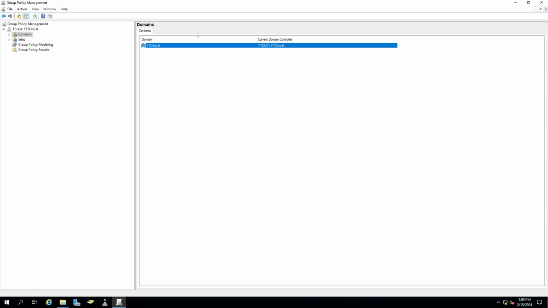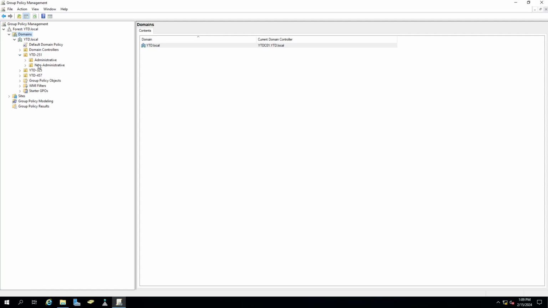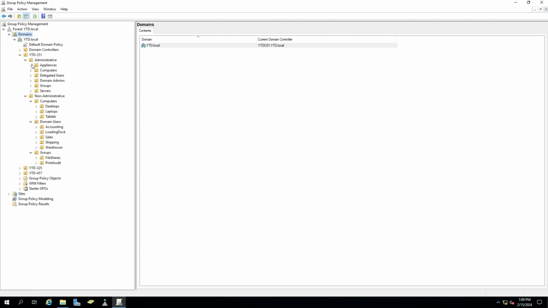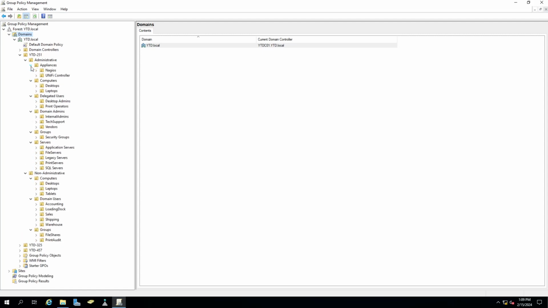And we're going to expand the domains, the ytd.local, which is our domain, and then the OU that we created, which is ytd-251, administrative and non-administrative, computers, domain users, groups, servers, groups. So basically, we want to expand all of these groups and settings. So all the OUs now are exposed for our domain, and now we're going to also expand our